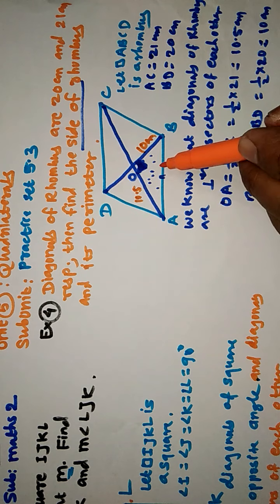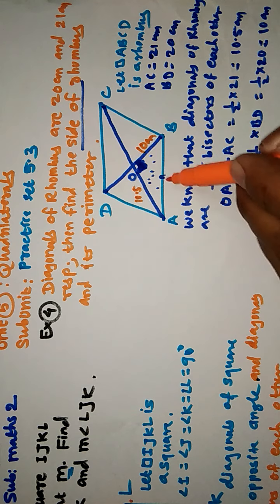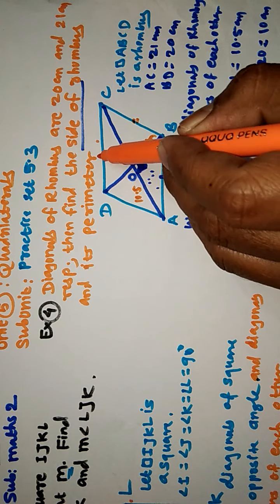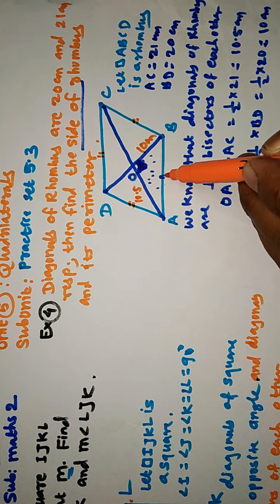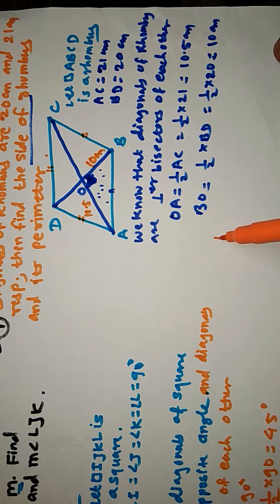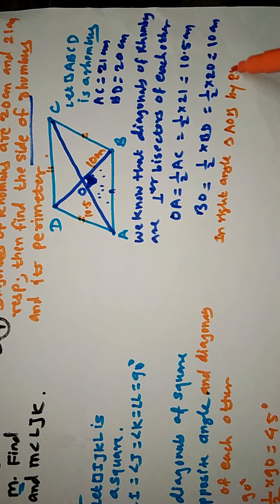AB is the hypotenuse. So we use the Pythagoras theorem to find AB. And what is its perimeter? All sides are congruent. So 4 into AB gives its perimeter. So we find first side AB in right angle triangle AOB by Pythagoras